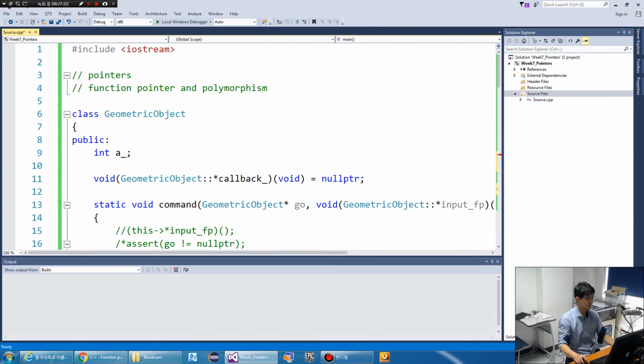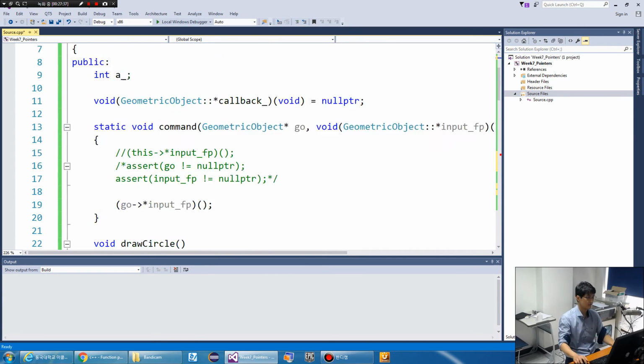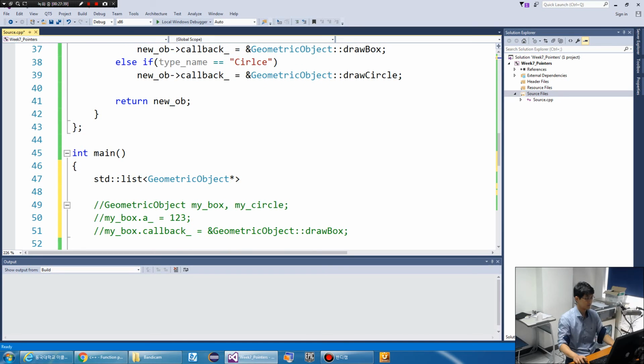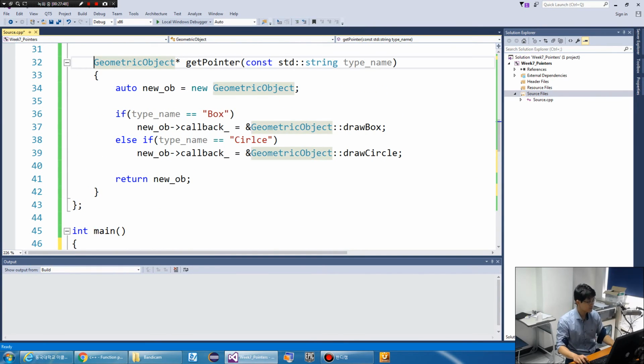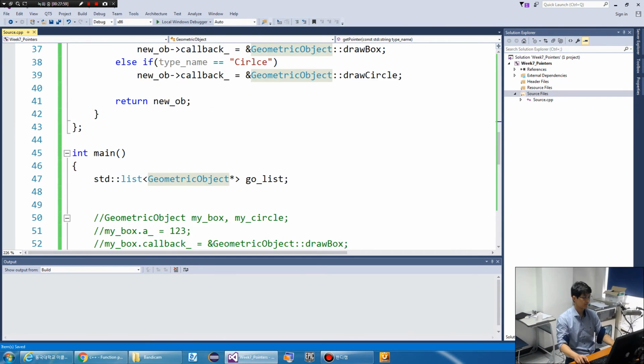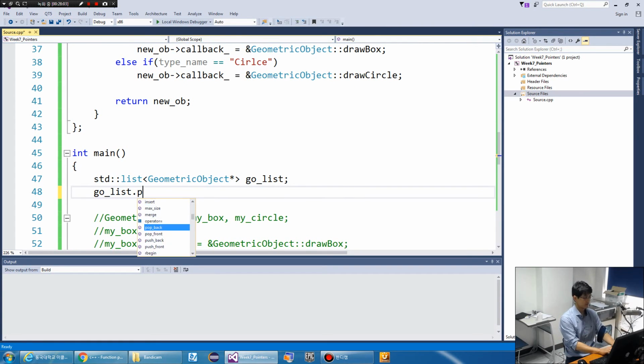We need to use list here, the go list. And one more thing, we can define this function as a static function, right? Okay, so go list dot push back